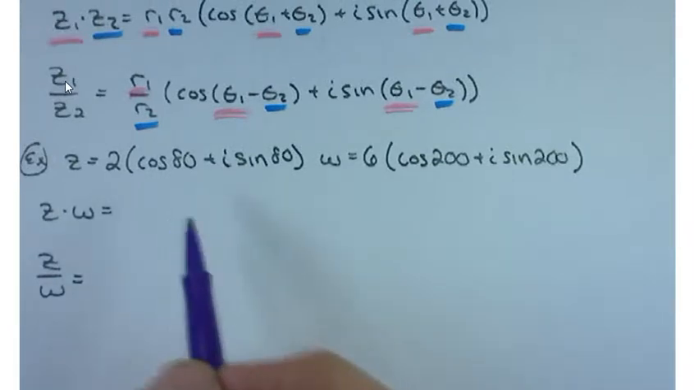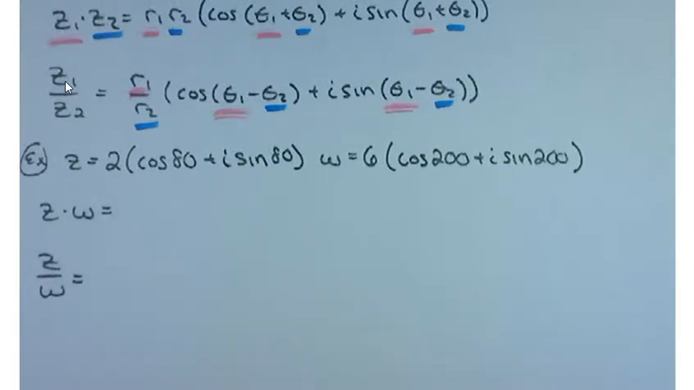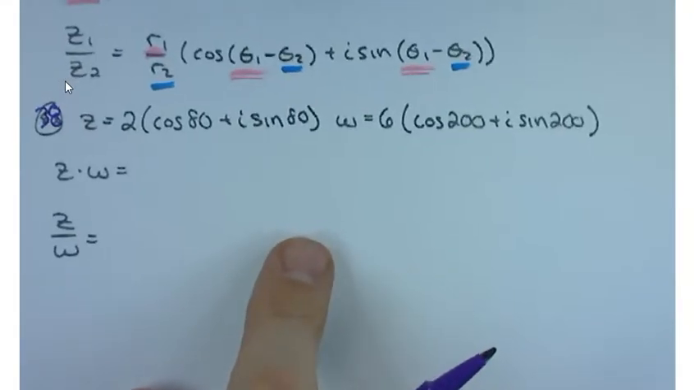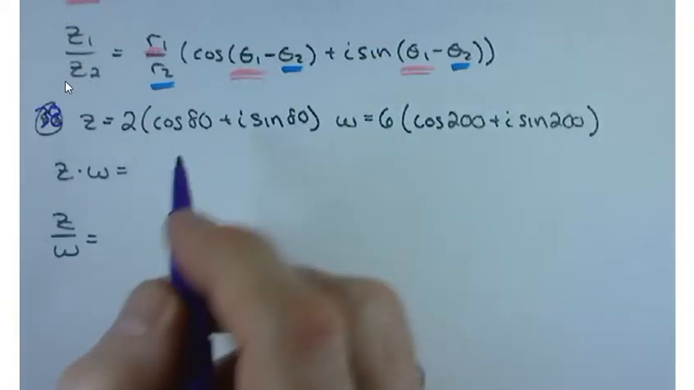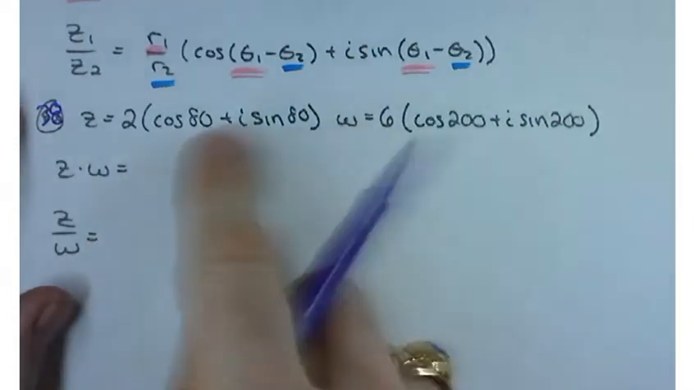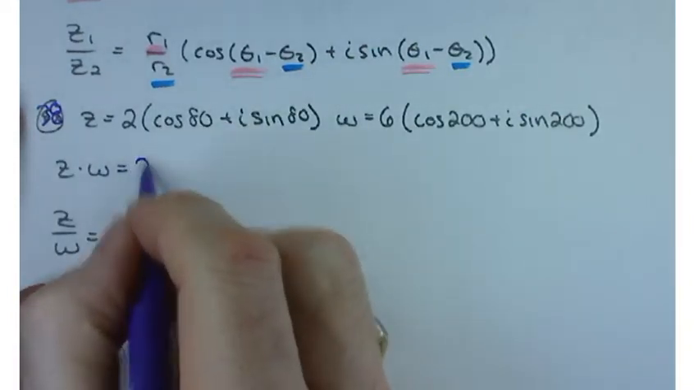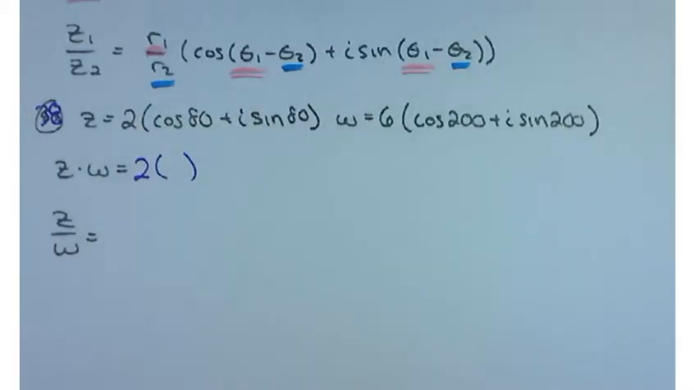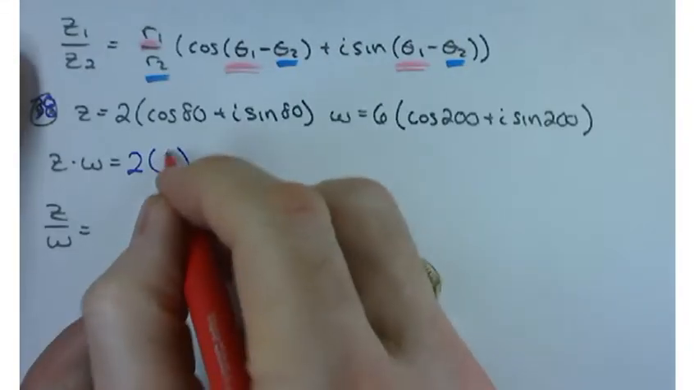Actually, you know what? We can do this one down here. I think this is 38, though. Let me double check. 80 and 200. Yes, this is 38. So the first part of this is to calculate z times w. You're already starting out with your numbers in polar form, so it's going to be 2 times 6. Does it help out if I keep them kind of color coordinated? All right. 2 times 6